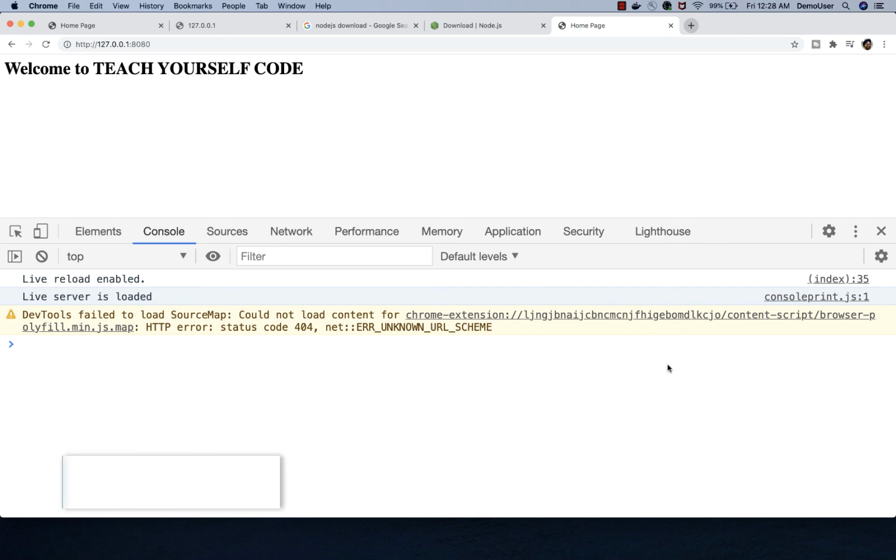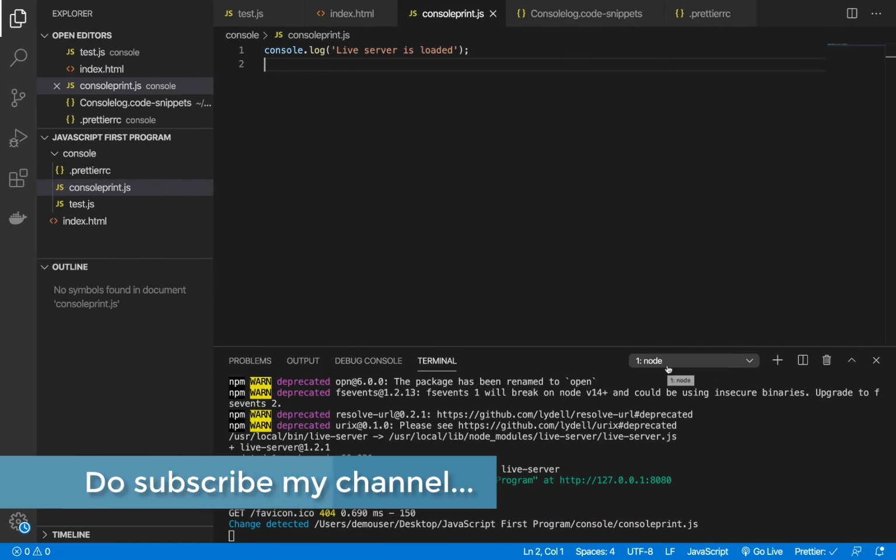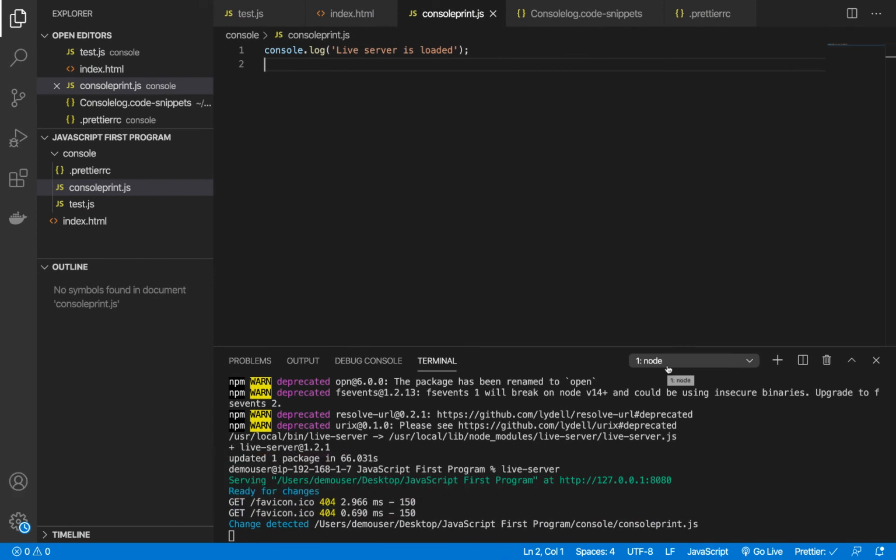So this is an example, and we have now seen how exactly it works in the case of npm. Again, to reiterate, Live Server is used to save your time from refreshing the browser again and again whenever you make any changes in your code, and it helps to save some time and concentrate more on your coding practices. For those who don't know how to install Live Server in your Visual Studio Code, please go back and check my previous video. In this video, we have already covered how to use it via npm and Node.js.